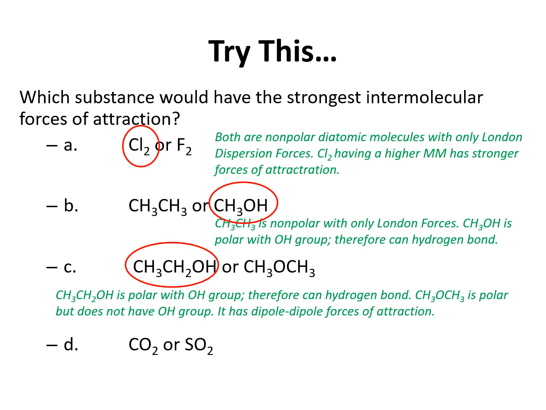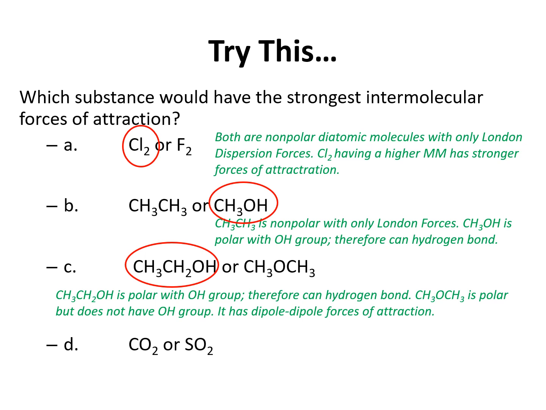The last two that we need to compare are carbon dioxide and sulfur dioxide. If you actually go about drawing the Lewis structures of these, you will find that carbon dioxide is linear and nonpolar. Sulfur dioxide ends up with a lone pair on the sulfur, and so it has a bent geometry and